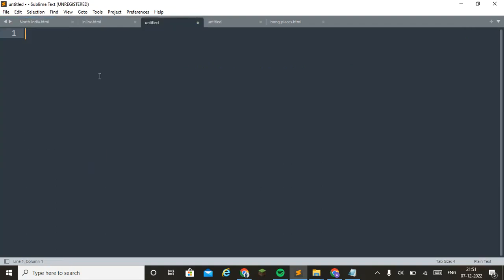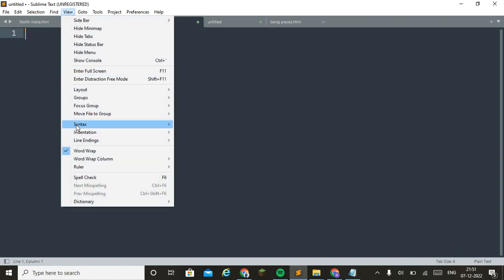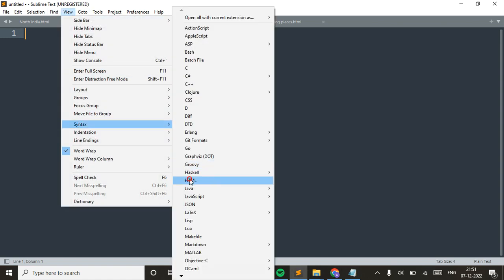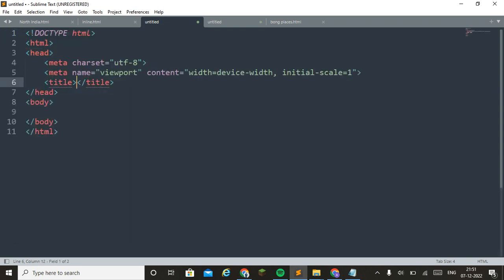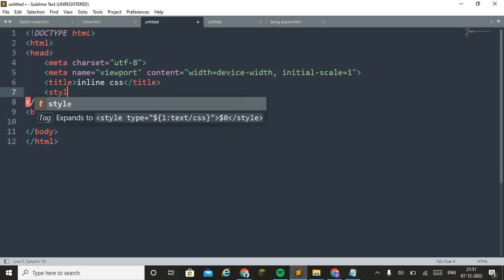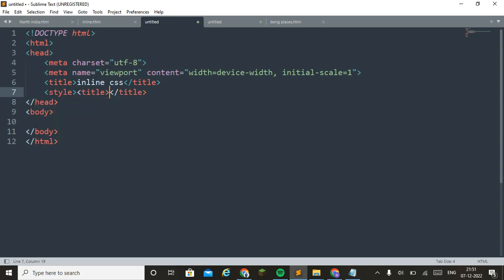Internal we have already used several times. So now go to view, then syntax, then HTML, type HT, then enter. You have to keep in mind that internal always uses the style opening and closing tag.